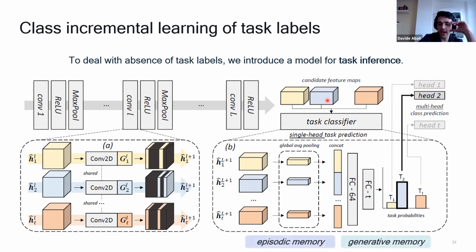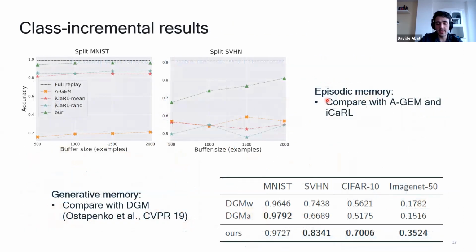That's why we have to introduce memory, and we tried two alternatives. Episodic memory means the one that I explained before: we store real examples from each task into a buffer. There's another strategy that I didn't mention because it's not that popular, which is having a generative memory. As you may guess, instead of storing real examples, we store fake examples from a generative model like a VAE, normalizing flows, or your generative model of choice. In our case, we used the Wasserstein GAN for that.